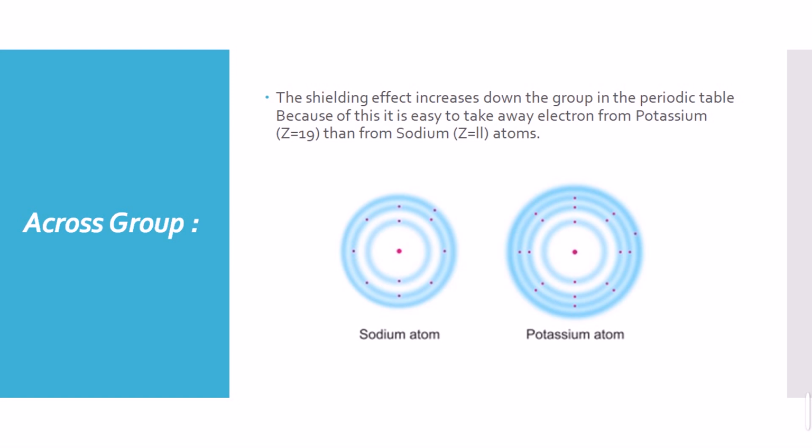And in the groups, the number of shells increases as the number of electrons increases, not in a gradual way, but in random changes in the atomic number. Suddenly, sodium has 11 electrons, and when we see potassium, there is an increment of 8 more electrons, an atomic number of 19. So this causes the increment of the shell, and so it is easier to remove electrons from the outermost shell of the potassium atom as compared to the sodium atom.